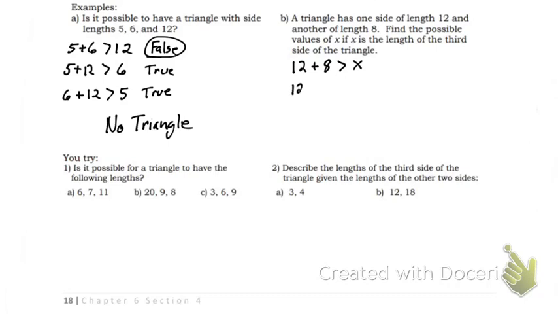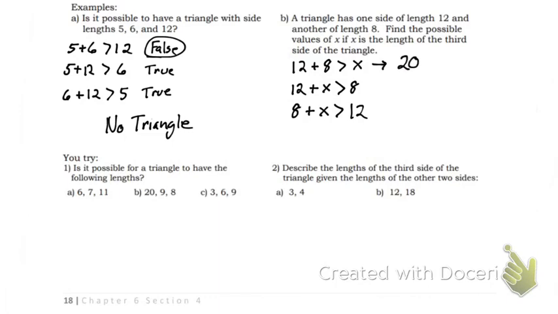I also know 12 plus x needs to be bigger than 8. And I also know that 8 plus x must be bigger than 12. So just like we did here, I'm just doing all the checks. All three sides are occupied on this side, and I added the other two sides on the other. Now I'm going to simplify these statements. So this one says that